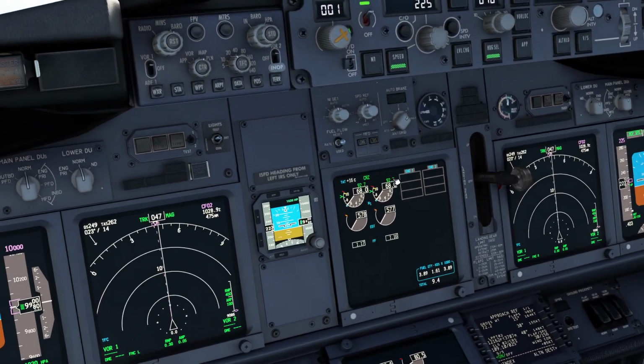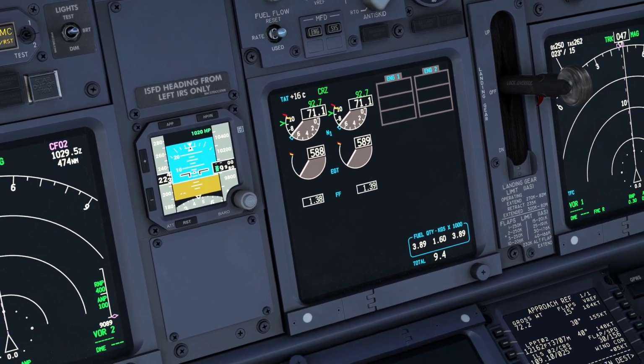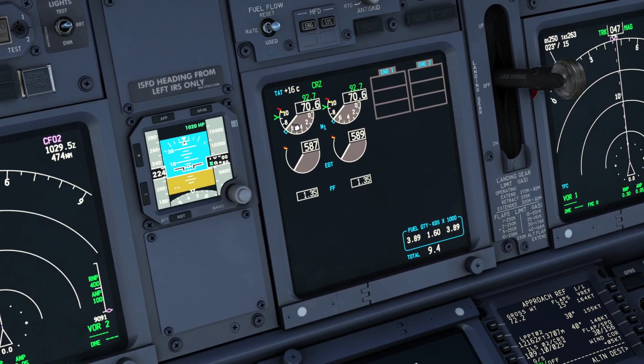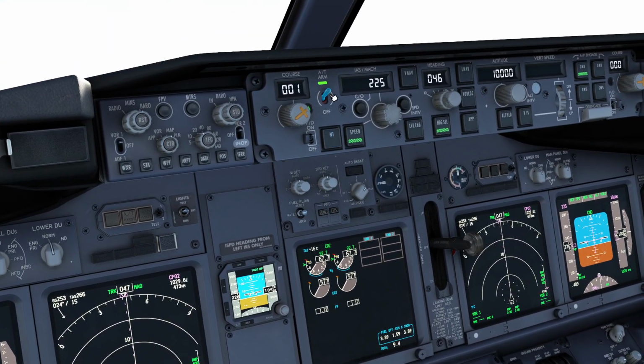Engaged, and then you will see that we already have a difference between the auto throttle commanded N1 and my current N1, which is stable at the last position I left. So if I take now my thrust lever, the real one, to idle, you will see this is the difference. So if I disengage my auto throttle now,